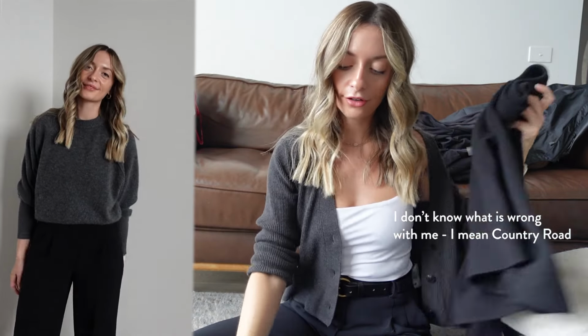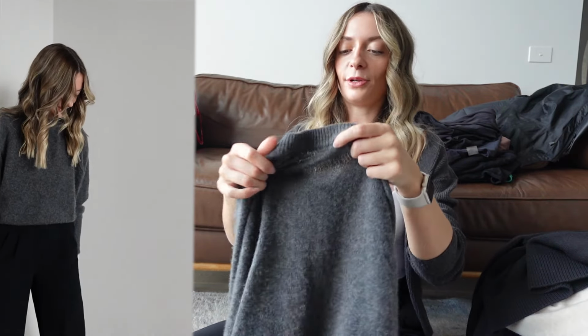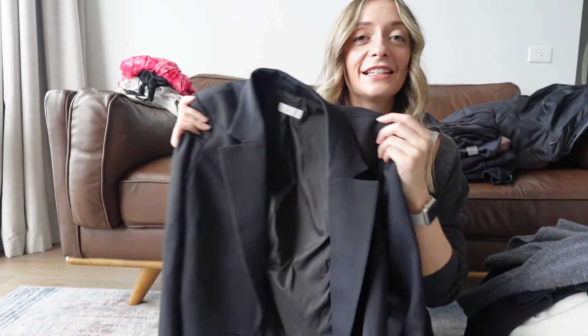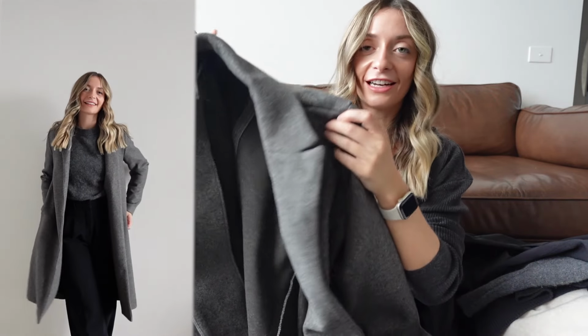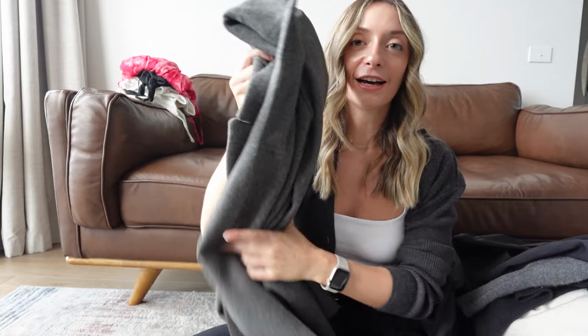And just some nicer layering jumpers that I have. I got this plain black one from Cotton On and this cashmere one, so it's really, really warm. I got this from Aritzia. With jackets, I have my staple blazer that I have from Kukai. This dark grey trench from Zara, and it's actually pretty light for a trench coat because my other trench coat is so heavy